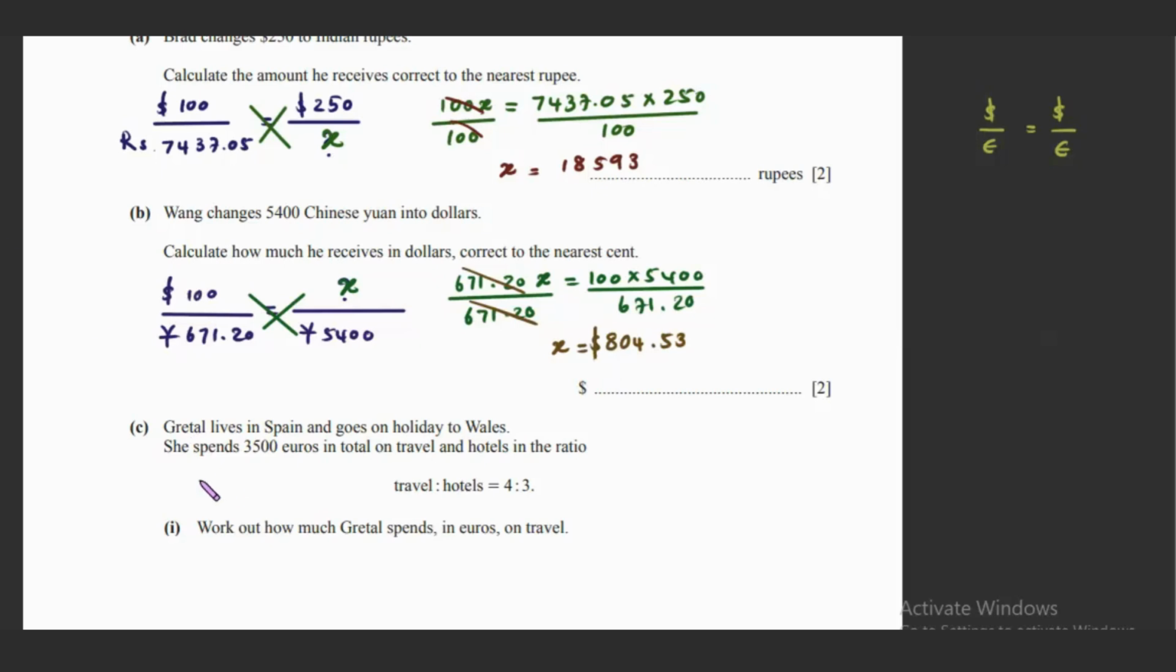Let's move on to question C. Gretel lives in Spain and goes on holiday to Wales. She spends 3,500 euros in total on travel and hotels in the ratio